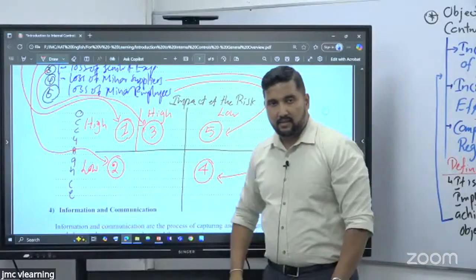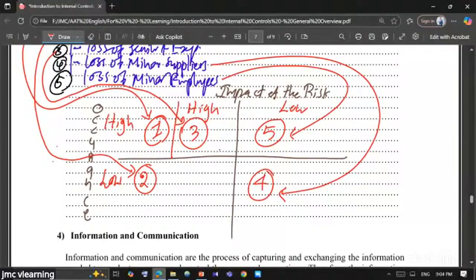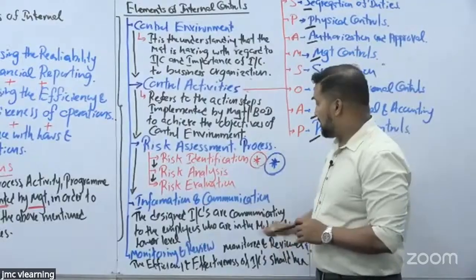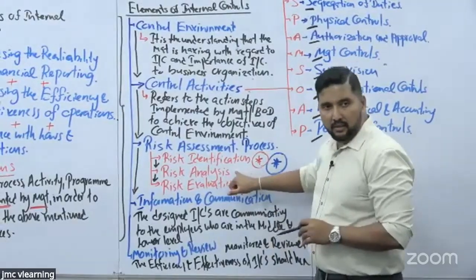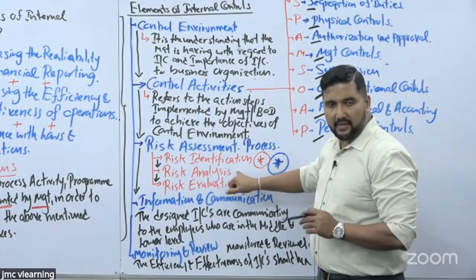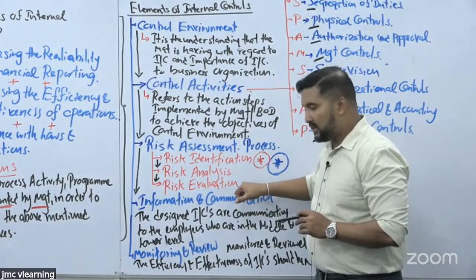So that is what you referred to as risk analysis. You identified the risks, and the identified risks are differentiated. You are categorizing those risks while considering the impact and the occurrence as well. That is a classic example of risk analysis. Are we clear? Yes. Right. That is what you referred to as risk analysis.